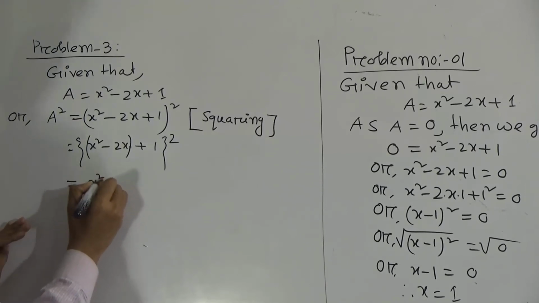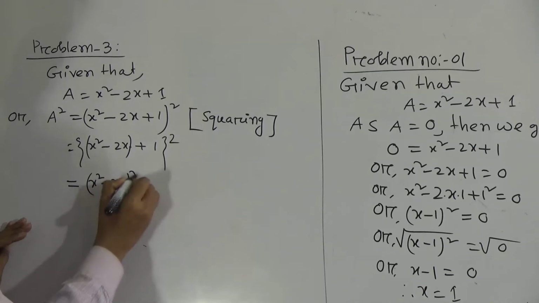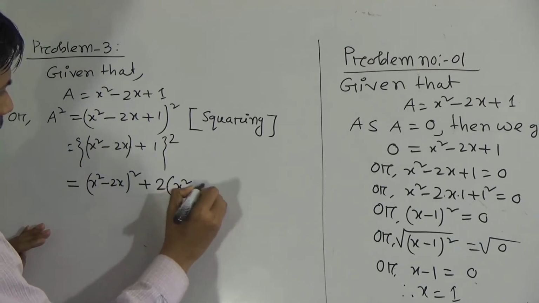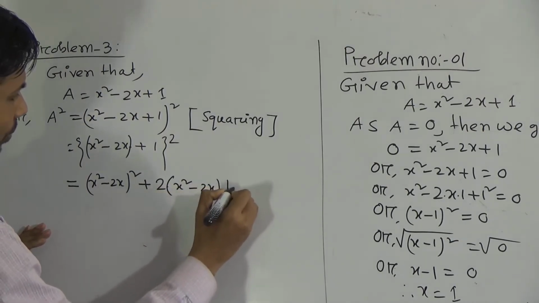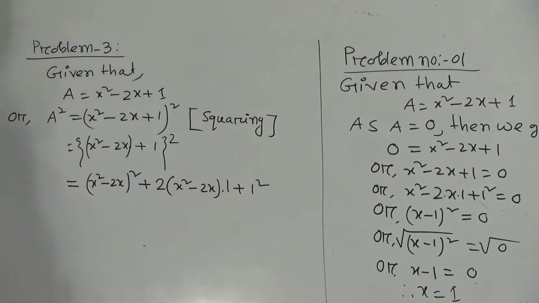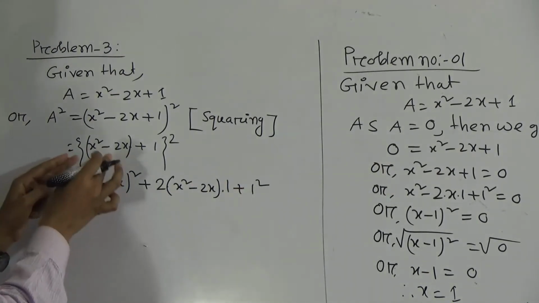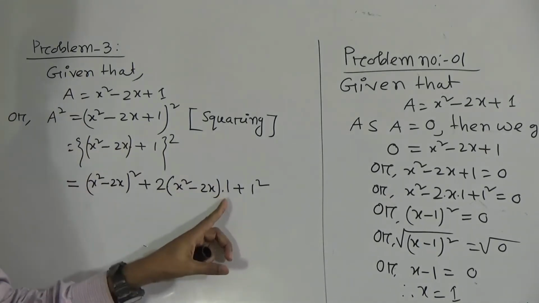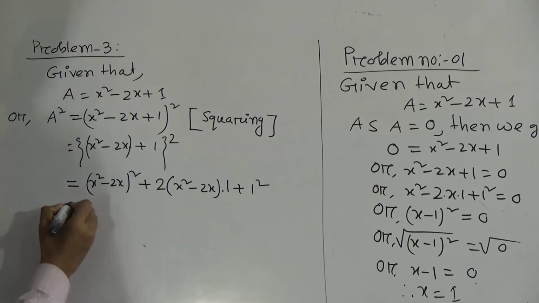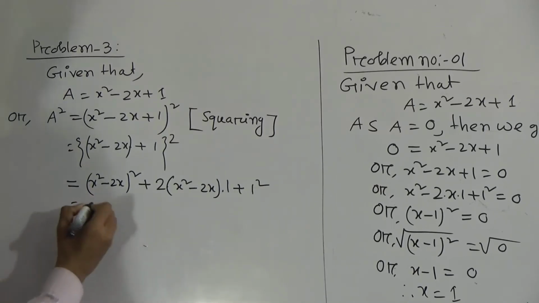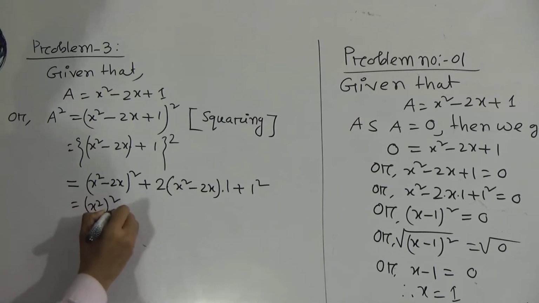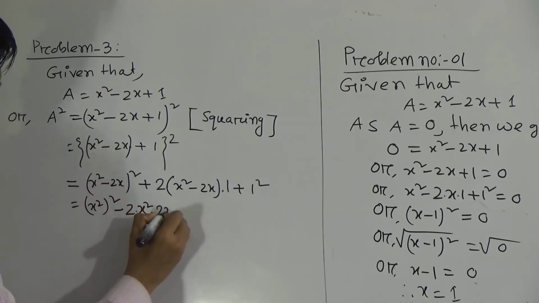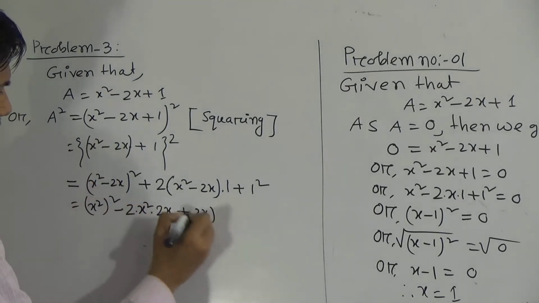a means what? x square minus 2x, then whole square, plus 2 times a into b, that is x square minus 2x into b, plus b square, that is 1 square. Look students, a plus b whole square equal to what? a square plus 2ab plus b square. Then we have to expand this also. x square then minus 2ab, b means 2x, then 2x whole square,